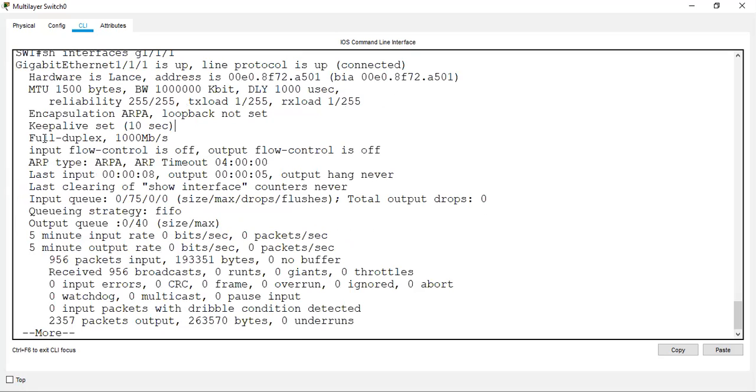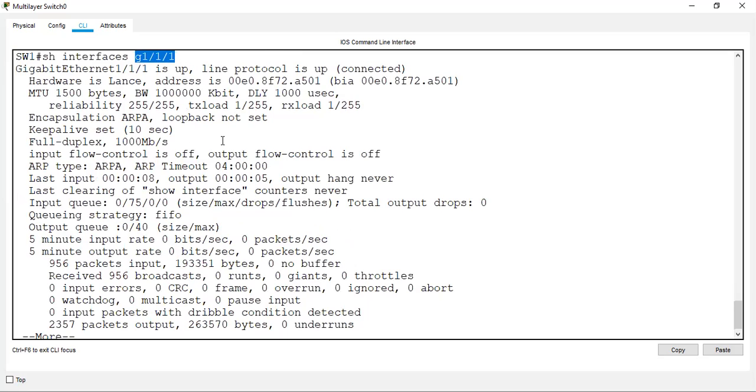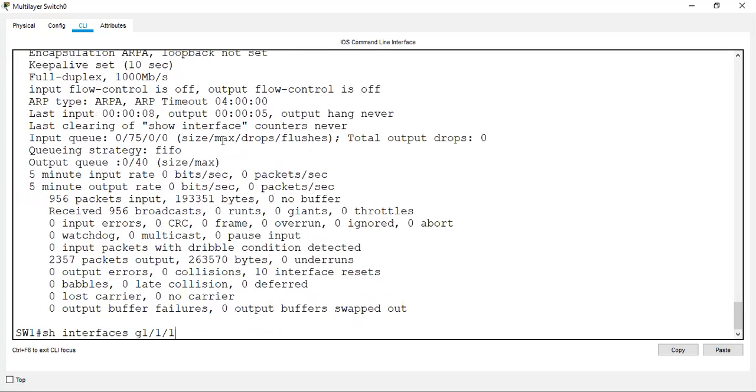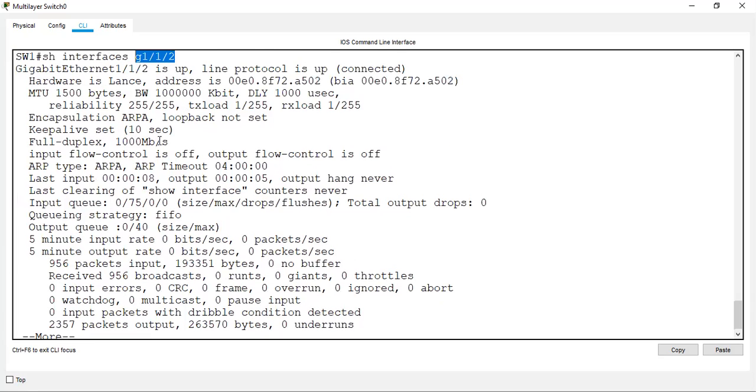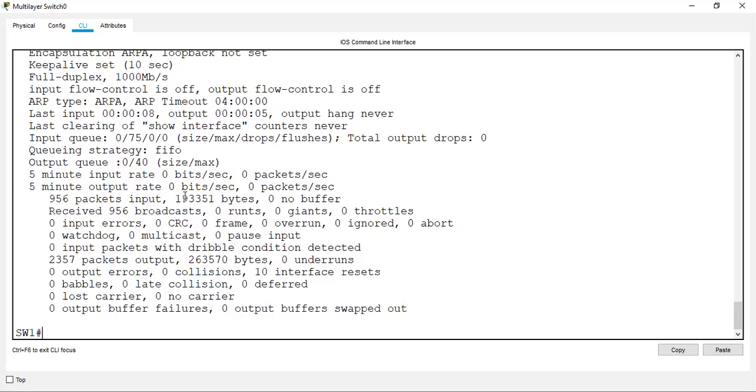You can see the port is 1000 Mbps. And this is G1/1/1, and you can see this is another, G1/1/2, 1000 Mbps. So the total would be 2000 Mbps, 2 gig speed.